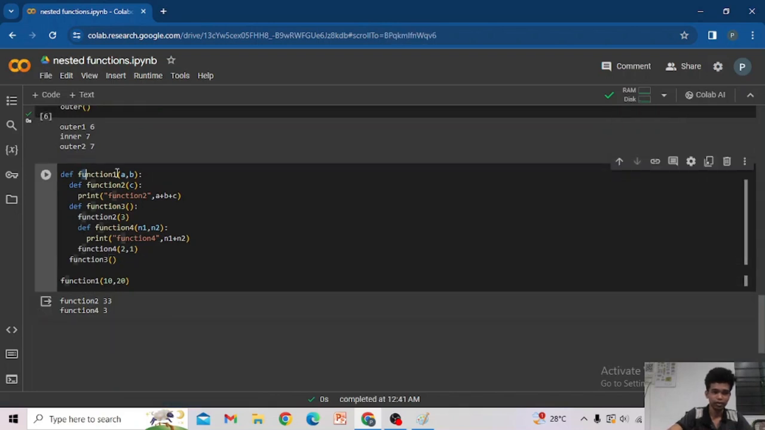Now let us go to the next example. See here, function 1 of a comma b, function 2 of c, print function 2 a plus b plus c. def function 3, inside that I have called function 2 of 3. Then inside that I have also nested another function called function 4 of n1 comma n2, and I have printed function 4 n1 plus n2, function 4 of 2 comma 1. Now if this program will execute successfully,